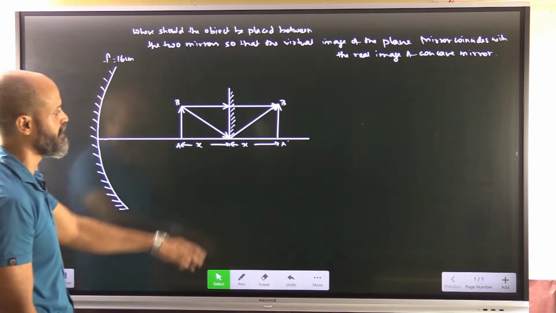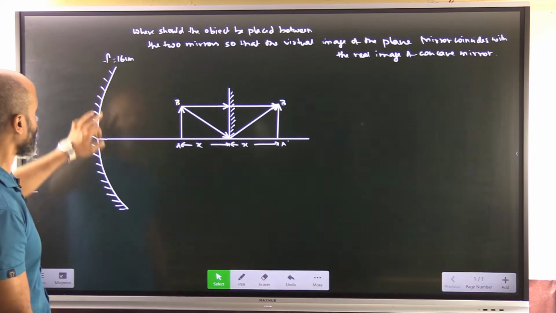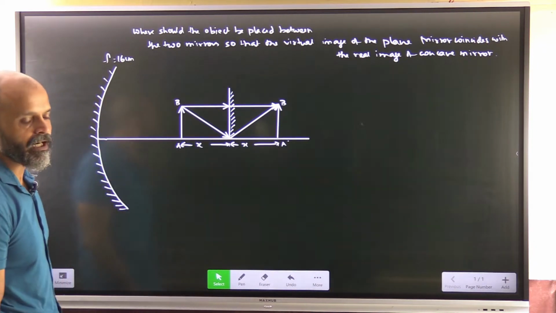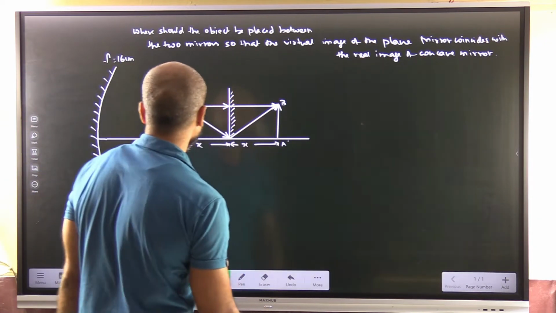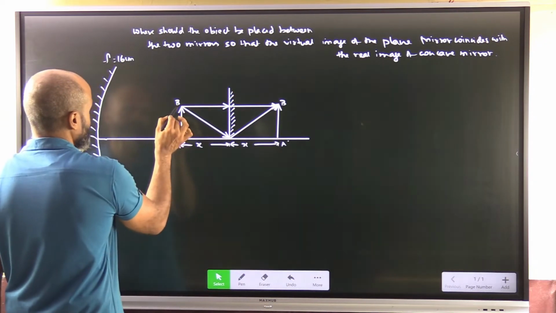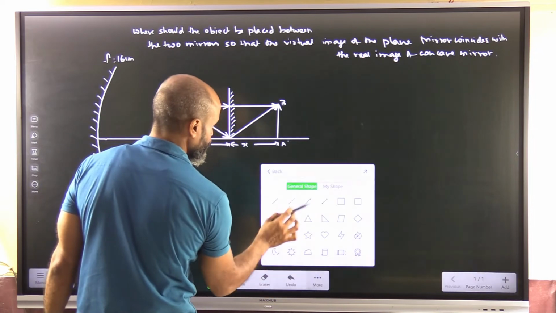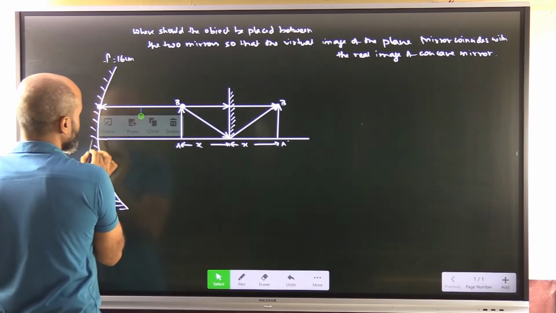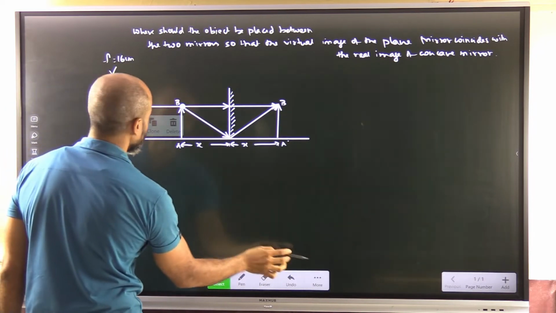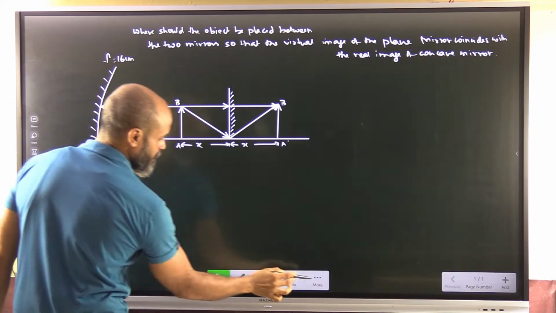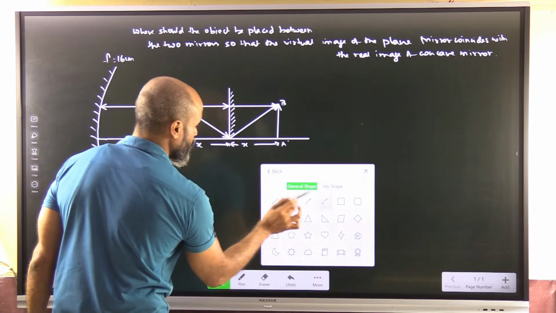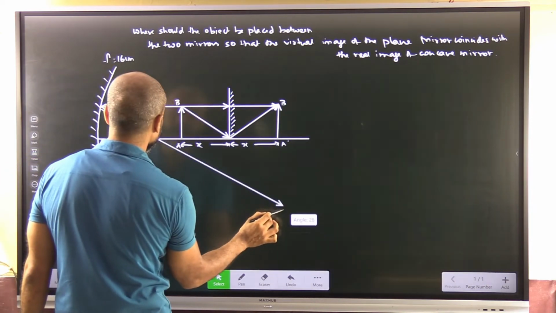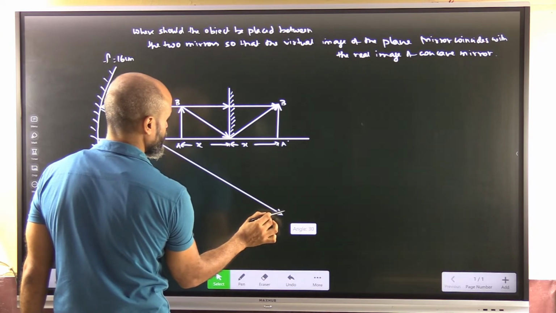The A'B' image will be formed for this one. Now for this one, if the image is to form here, how will the image actually form? So let's say a ray of light parallel to principal axis will pass somewhere through the focus of this mirror. Okay, it goes somewhere here,